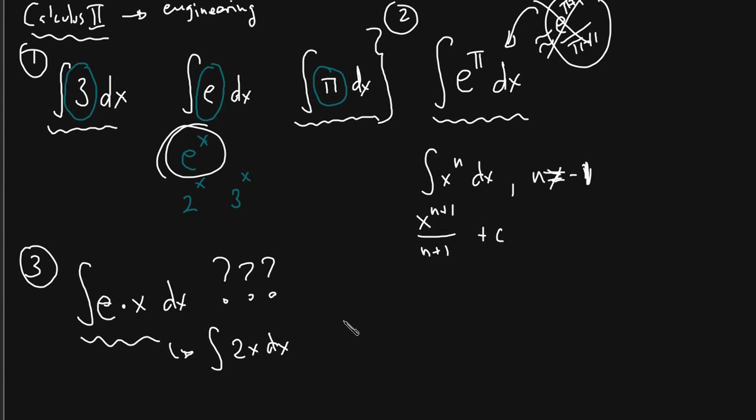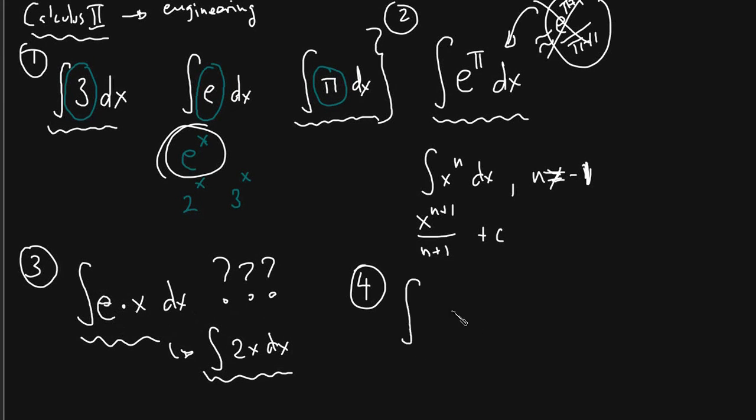Again, this is a good sanity check for you as an instructor to say, wait, do my students actually understand e? Do they understand an integral? Do they understand what a constant is? And you want to try to relate it: integral of e times x, and show them, well, how is this any different than the integral of 2 times x? Similarly, you can do this with the integral of pi times x, right?